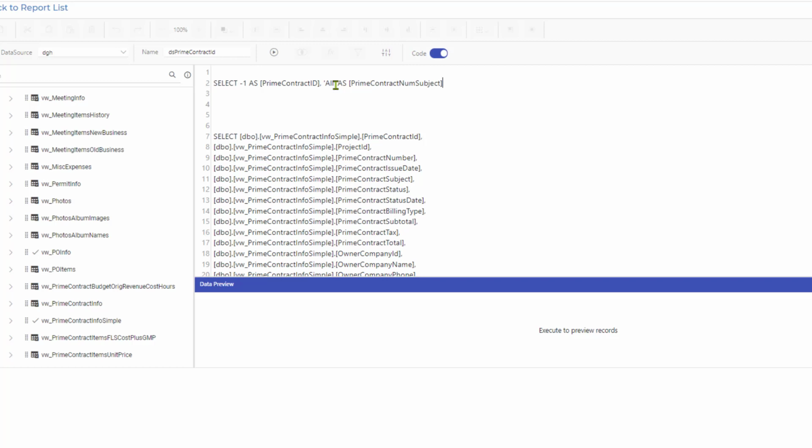Notice that the first line of code includes the open and close brackets, not the parentheses. We're selecting a record number -1 and assigning it the option or description all. The record -1 does not exist in the Prime Contract Info Simple view, which is why we use this record ID. Next, we need to add the phrase union